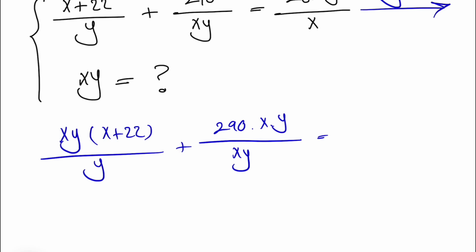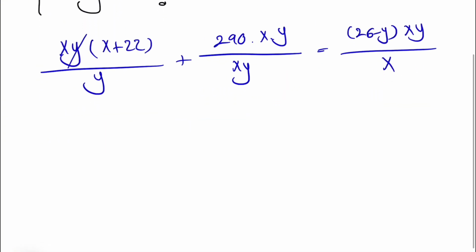And on the other side of the equation, we have 26 minus y times xy divided by x. So from the first one, we can cancel out y. Second one, we can cancel out xy, and we'll get rid of the x on the other side of the equation. So what we'll end up having is x times x plus 22 plus